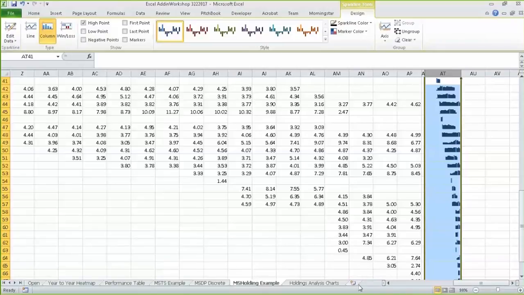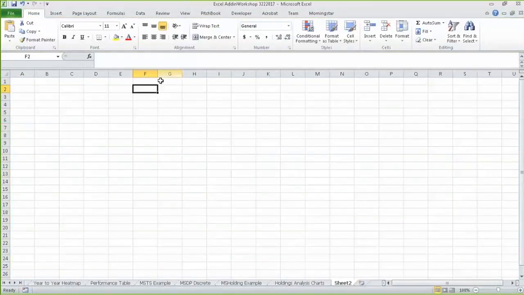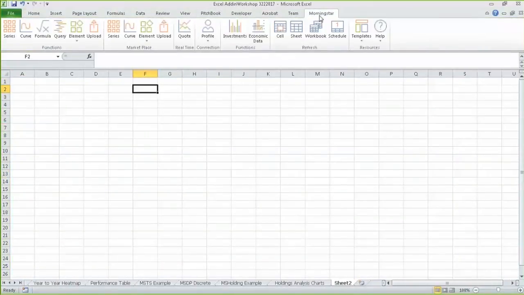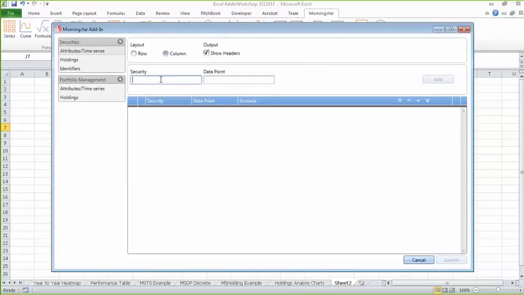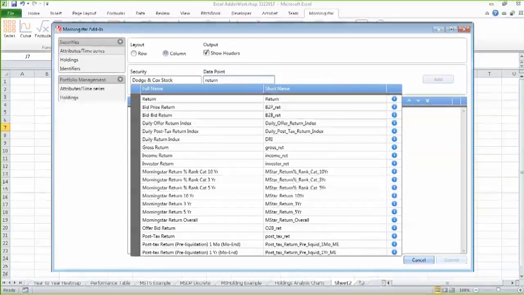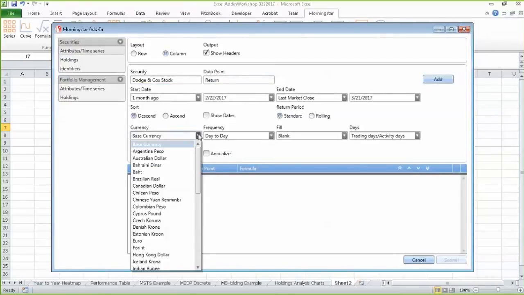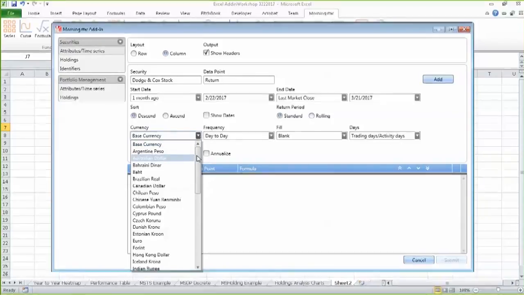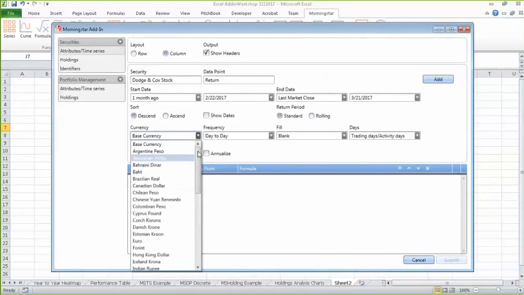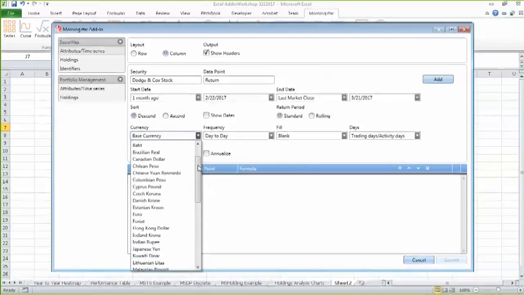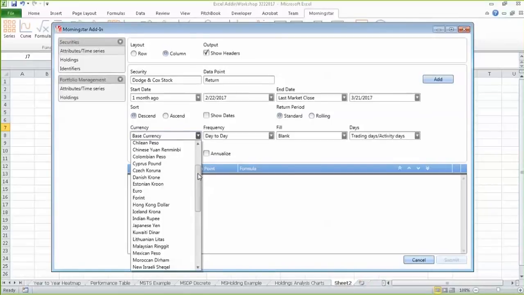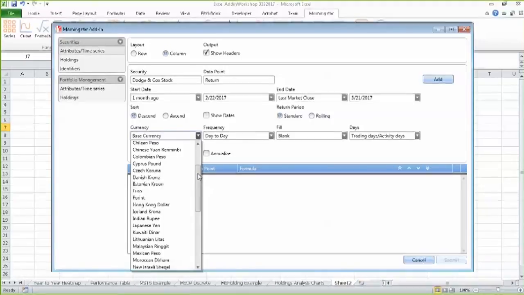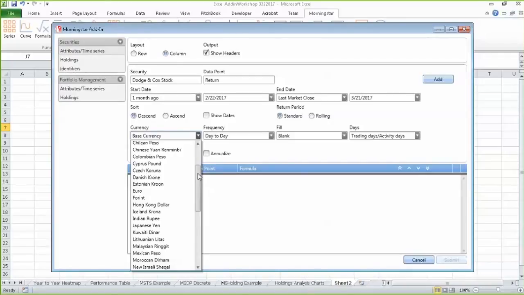So one of the things, I'm going to open another one here. If you take in a particular security, so let's say, and I think the data points that have currency, here you can see that you have options to choose another currency that is not base currency, and as you check those, it will apply that information to the return that you are getting. That way, you don't have to start doing currency conversion. I don't know if that answers your question, but that's one thing that you